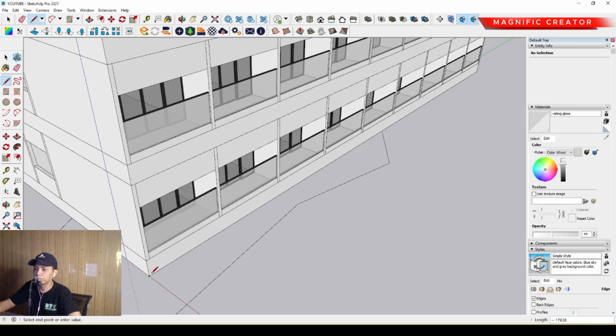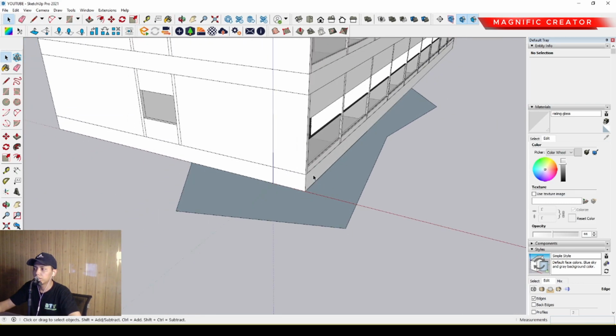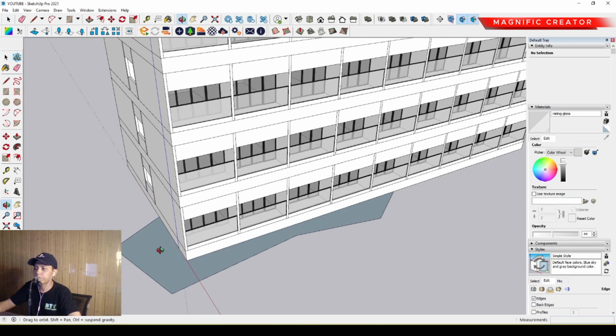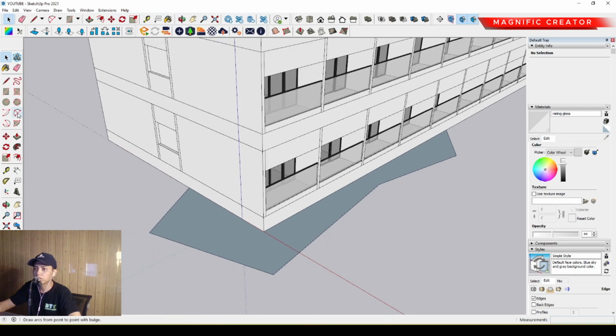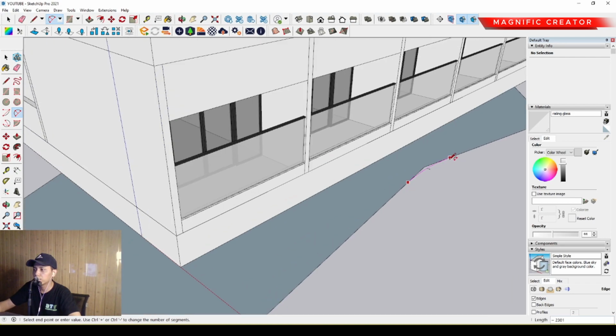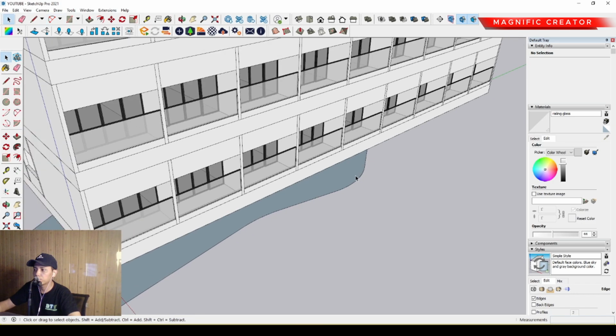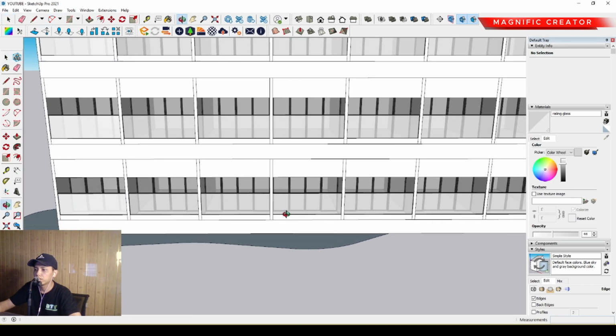Then we can make another. It's just a basic shape. We can also make all of the corners smoother than before. We can use a 2-point arc like this, and make a 2-point arc again, and a 2-point arc again. So then we can